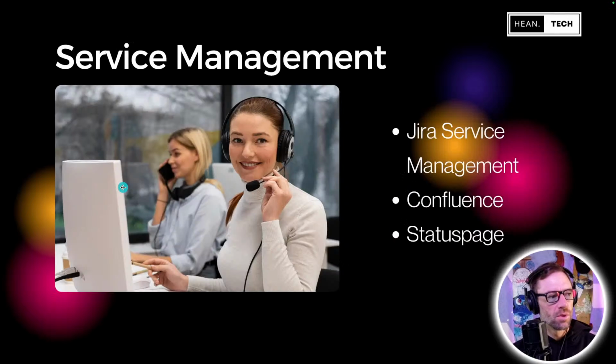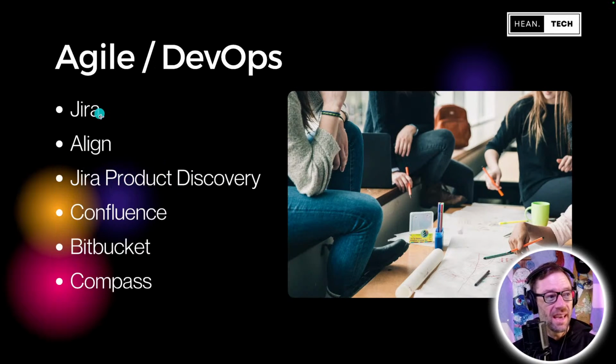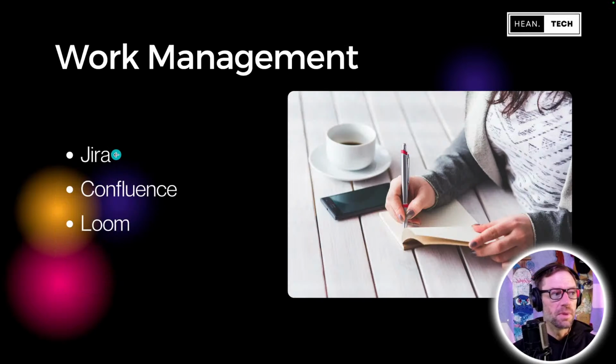collaborate and do things. If we back up a couple and we look at Agile DevOps, it's more focused on developers, the Bitbucket and Compass, tracking their code, but also the project management side, making sure we're all across the organization working in one direction. When I look at work management, I see products that will help teams get work done, maybe a bit more tactical. And it's something I think we're going to see a lot more as we go.